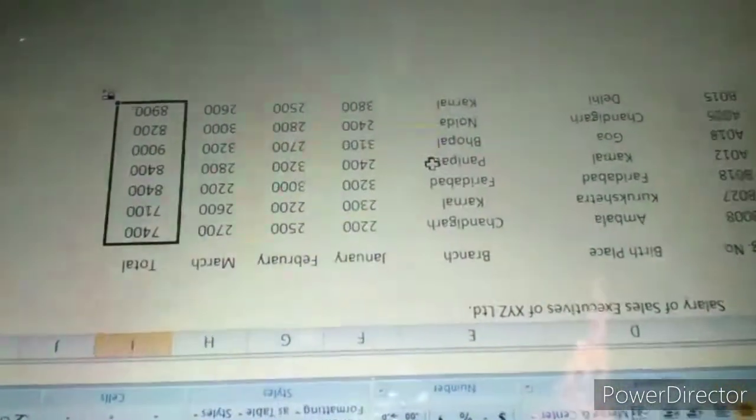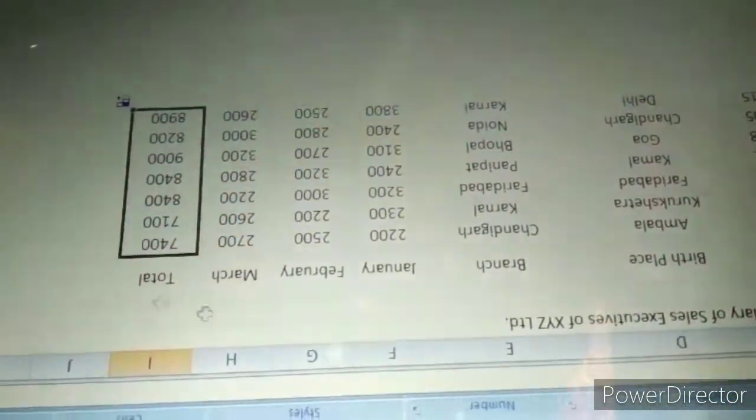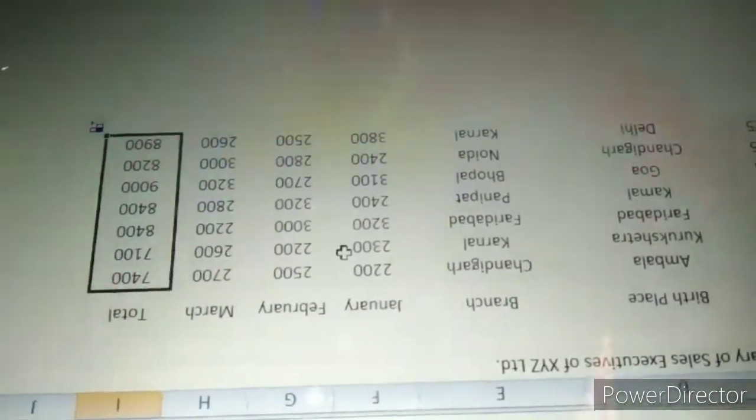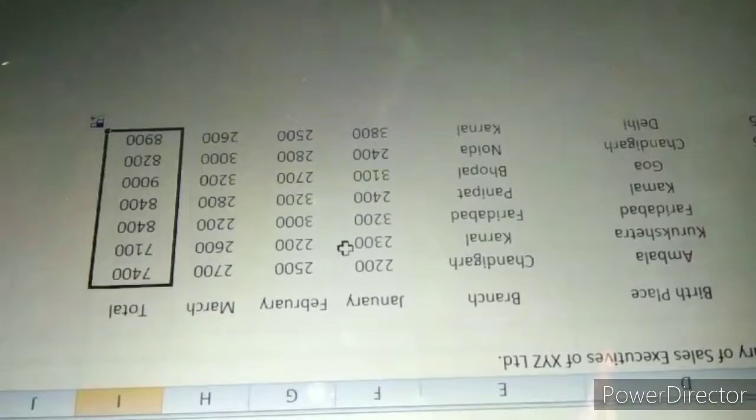Okay, for example, we want to highlight the cells. You see our data is this. So suppose we want to highlight the cells less than 2500.